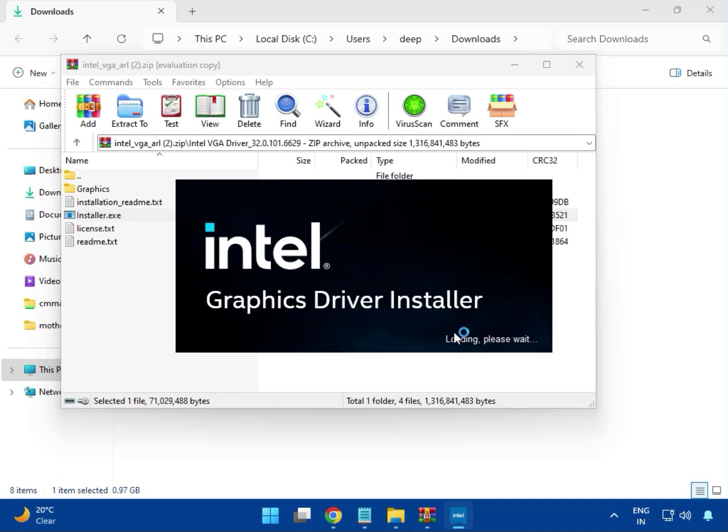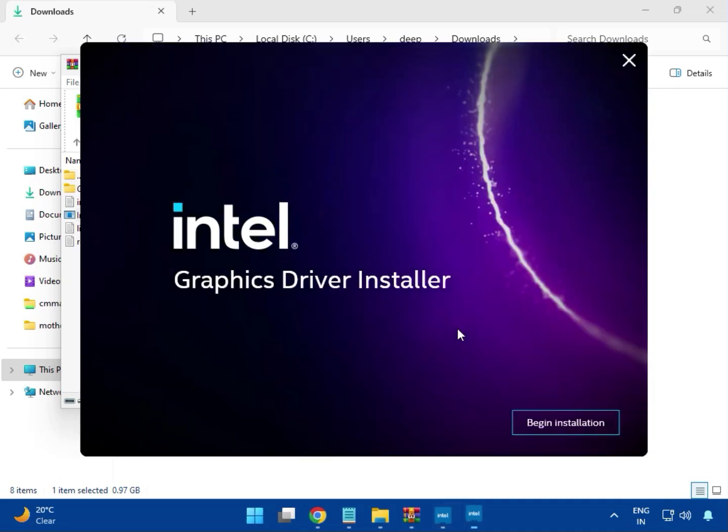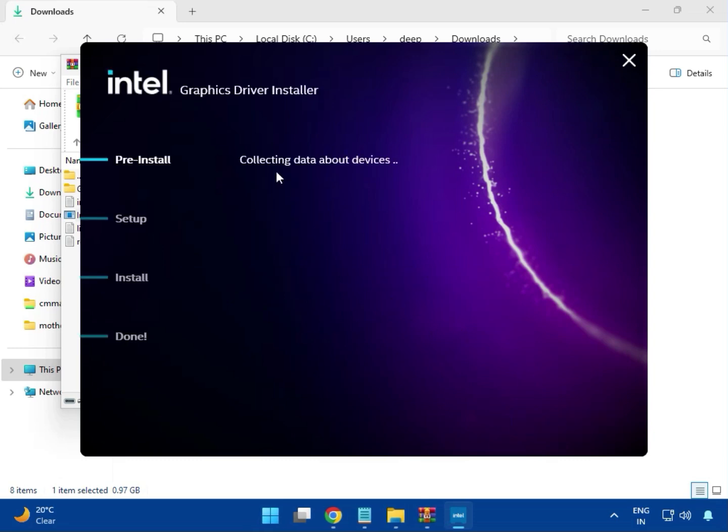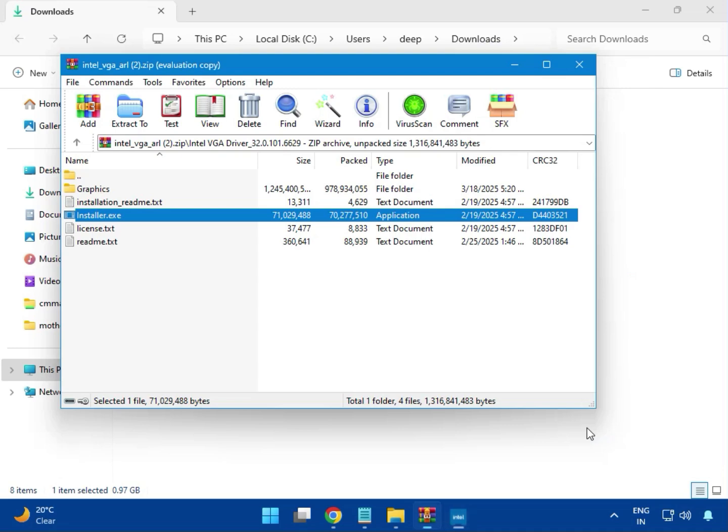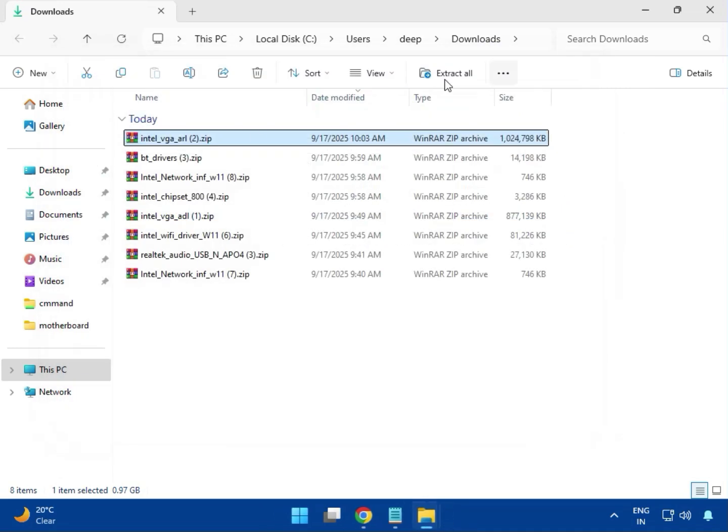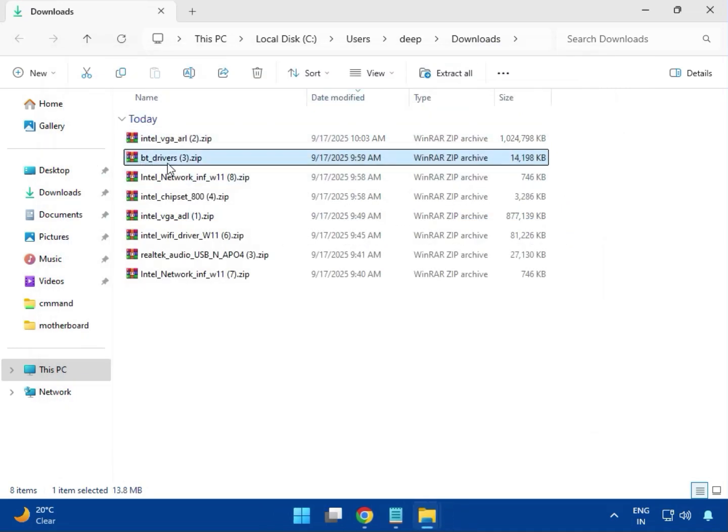It will take some time, and next it is installed, and then click to finish installing, and then done. After that, click OK. When it is completed, then close it. Then next, BT means the Bluetooth driver, just a single click to open,